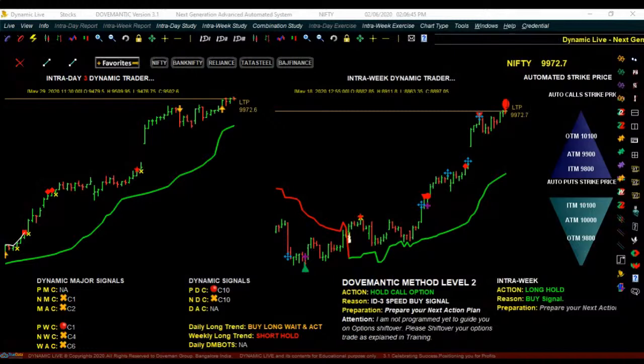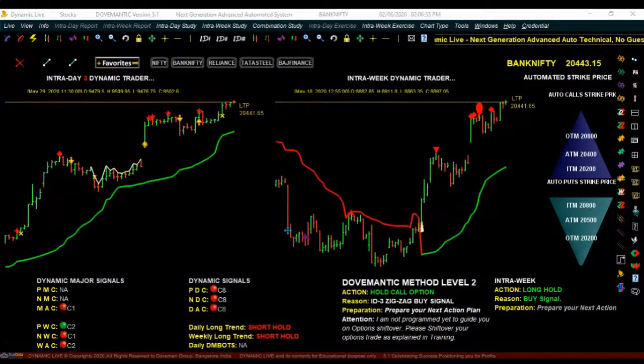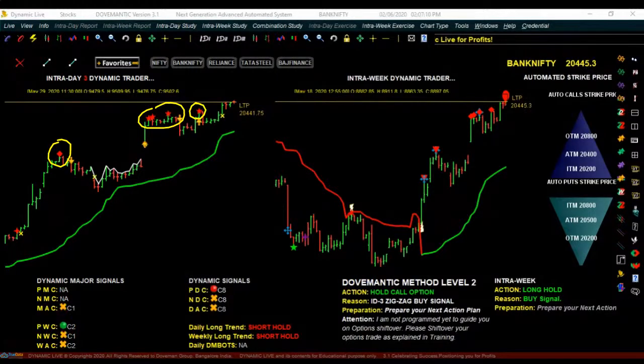And then we have these zigzag cautions. Let me show you another example for zigzag. Yes, so these are the zigzag symbols here. You can see here, whenever the zigzag symbols appear, it means the price is about to reverse. So the temporary price reversals are identified by the zigzag symbols. So when you have a position, you will be able to exit your trades with maximum profits very early.